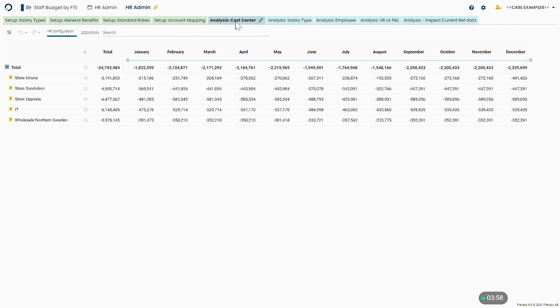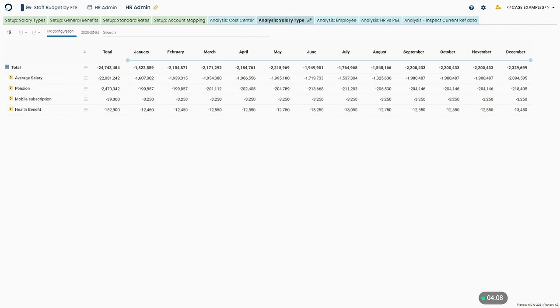where we can see a total cost for all the cost centers. So here we can see it defined per cost center. If we go to the other tab, we will see from salary type